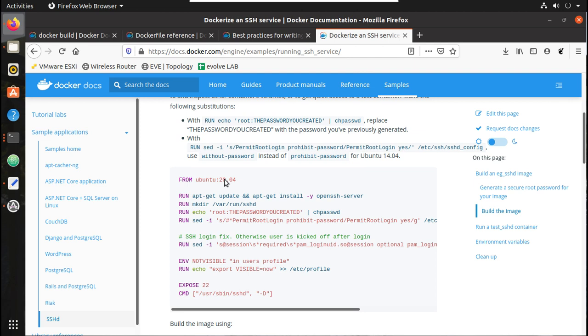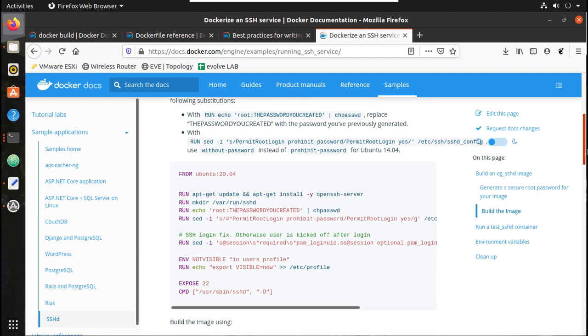Here you can see FROM Ubuntu. That means it will create an image using Ubuntu 20.04. If it is not available in the local machine, it will try to download from Docker Hub. And then after FROM, we can run commands like this. So here it is showing apt-get update, and it is installing OpenSSH server.